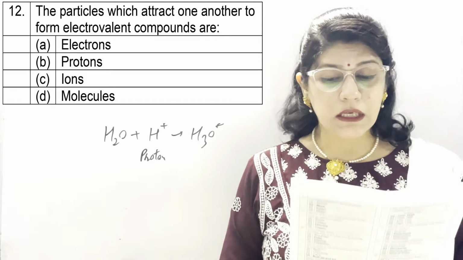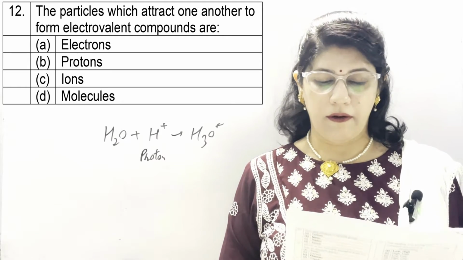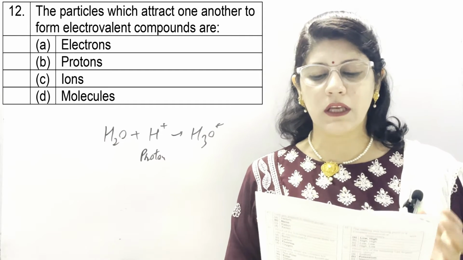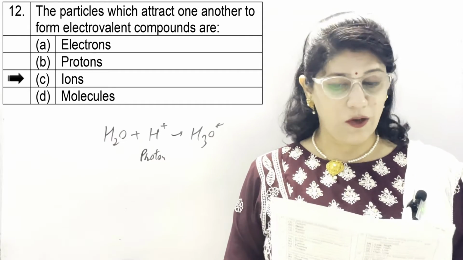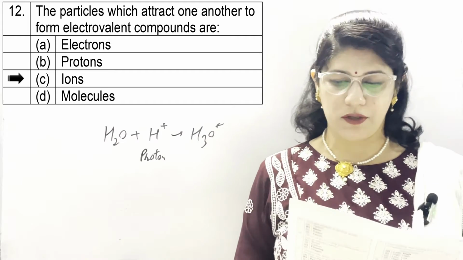12: the particles which attract one another to form electrovalent compounds are. First option is electron, B is proton, C is ions and D is molecule. Correct option is ions because we know that they are charged particles, so they can easily form ionic bond or